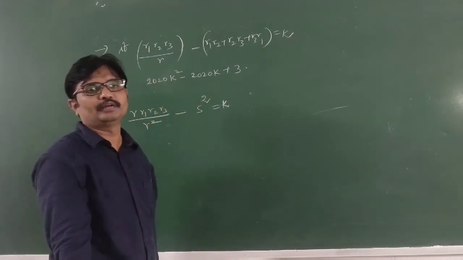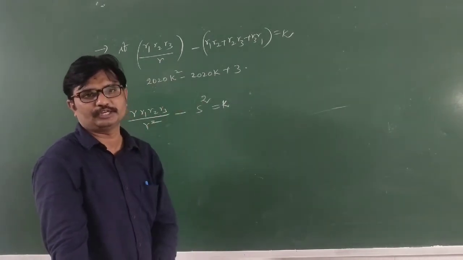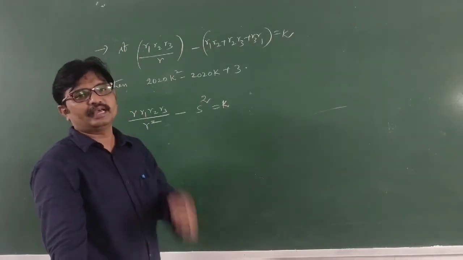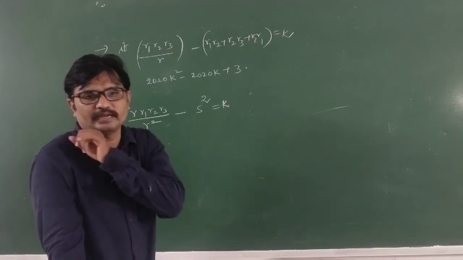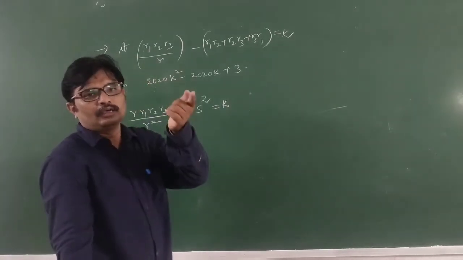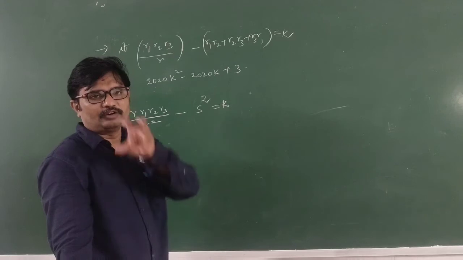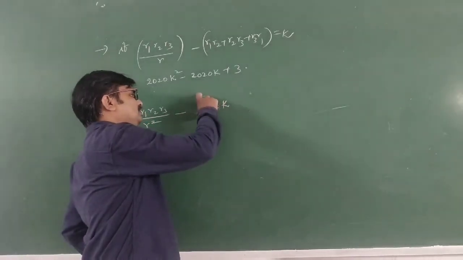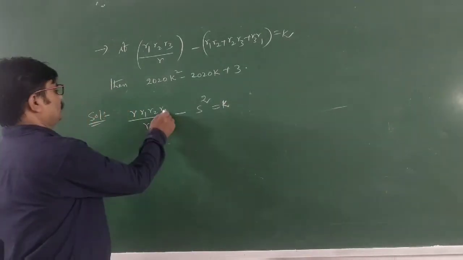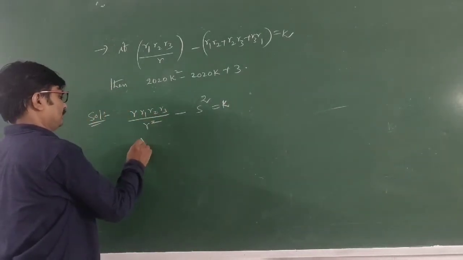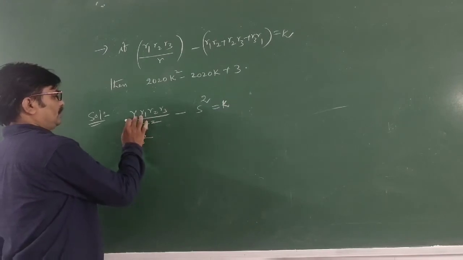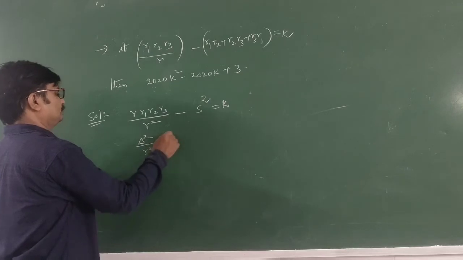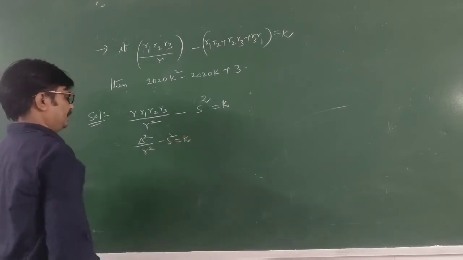In the numerator, dear students, 3S minus 2S is S into delta square, upon S minus A, S minus B, S minus C. When you are taking into S and by S, undoubtedly the denominator is delta square, numerator is only S square remaining. So dear students, what is this? Delta square. Everybody knows that r into r1 into r2 into r3 is delta square upon r square. So that is K.